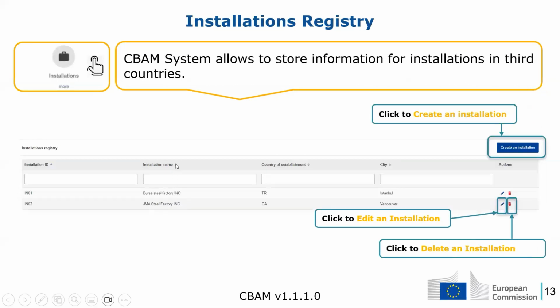And the same is valid for the installations registry. We can create installations, edit any record of the installation, or delete one if not needed. Every installation is linked with one operator.